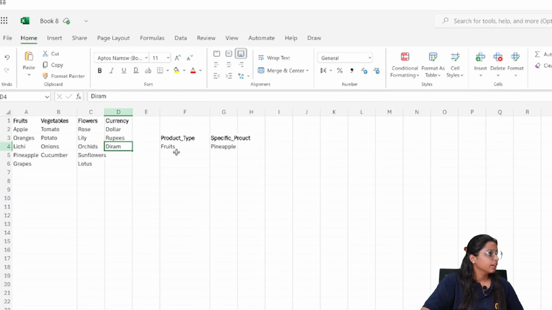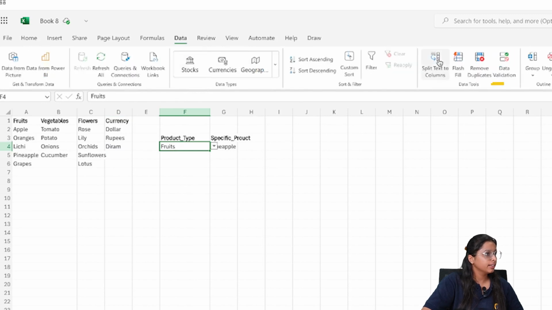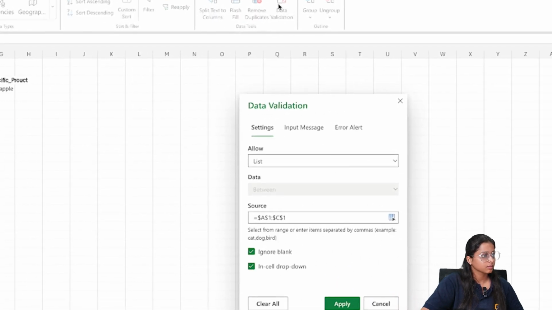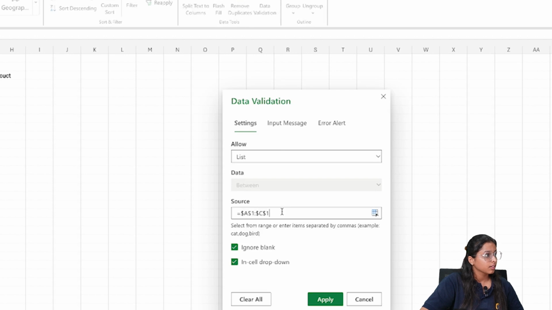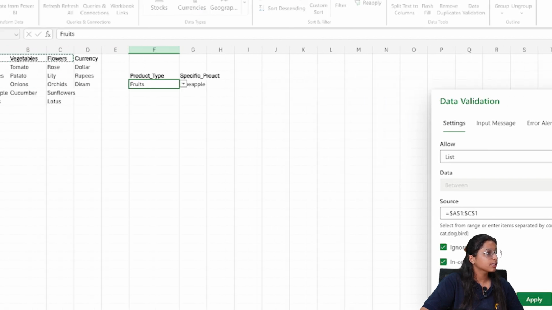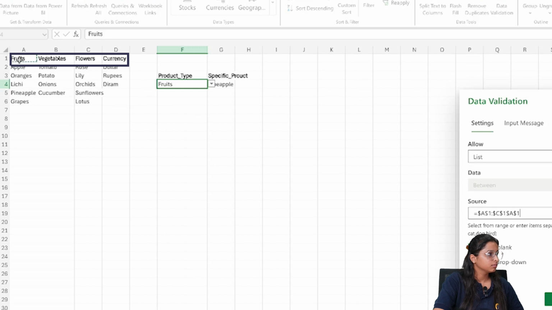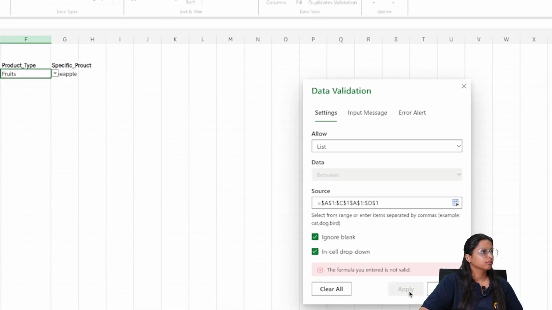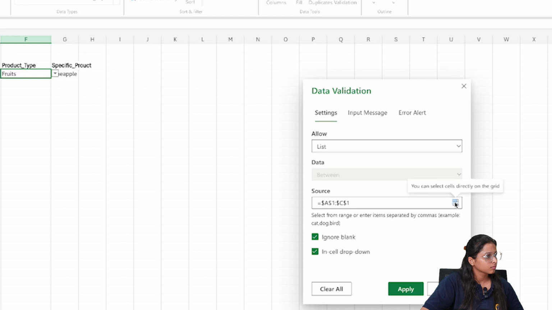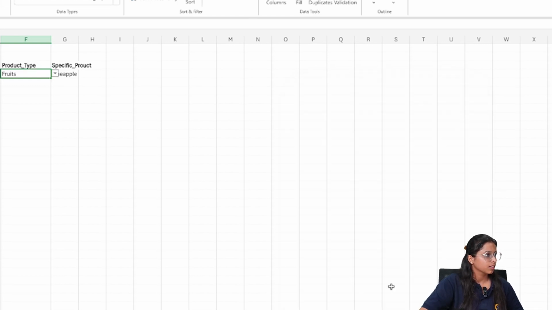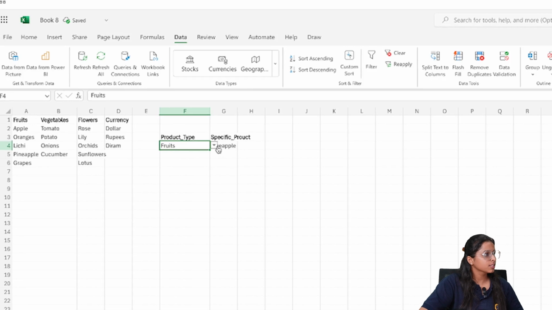Then in product type, I have to go and edit. In source, I have to select it again. Otherwise, it won't show. And now you can see it is showing us currencies as well.